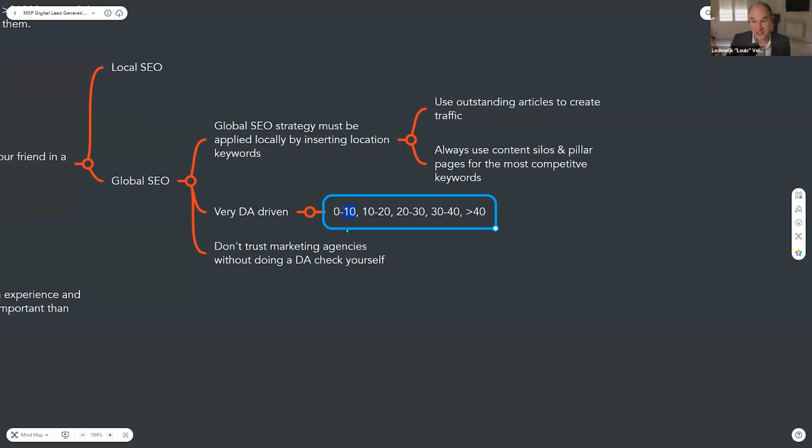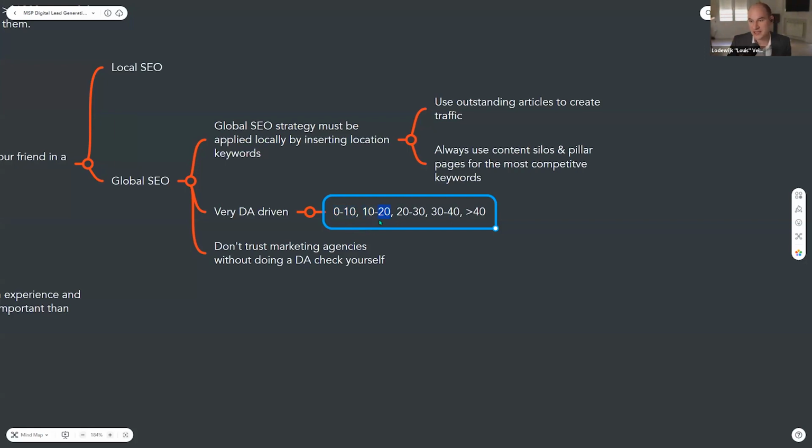But you need to take a look at who's ranking on local SEO now, load them into the software, and then be like, oh, this is how much DA these guys have, right? So then I probably need to be in that range as well in order to show up. And you will if you have all the services inside, more testimonials, and all the other stuff that we talked about, right? You will rank if you do those things. So 0 to 10 is really starter level, and you won't do anything unless you're in a really small town. 10 to 20 is going to get a little bit more serious,